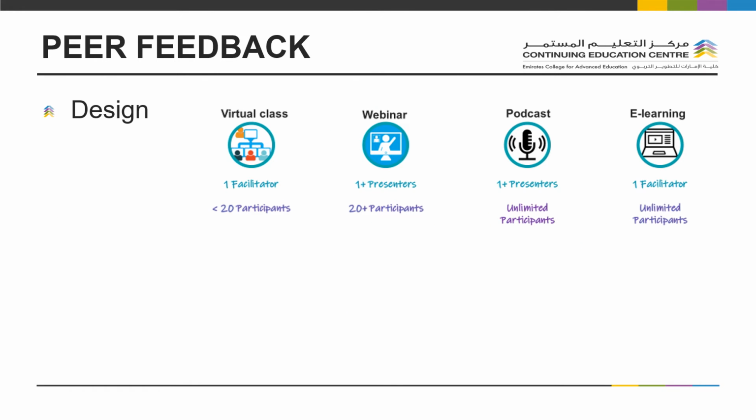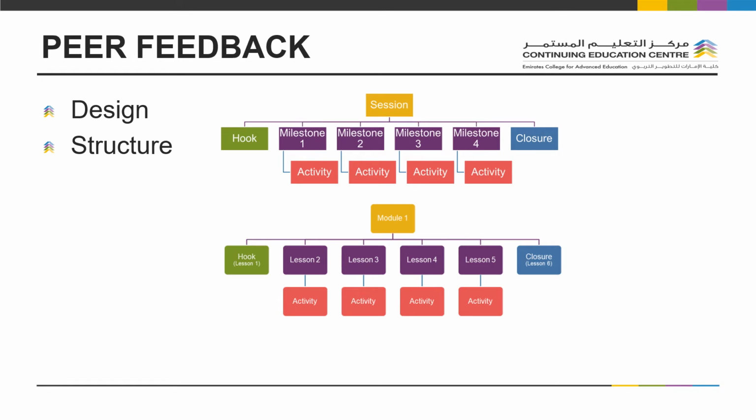So the next type of evaluation or feedback that you could receive is from a peer, a trusted colleague who knows good training when they see it, right? So the first thing that you might ask them to evaluate would be the design of your virtual training. So was a virtual class or a webinar or a podcast or e-learning the most appropriate design for the content on which you're training? Or maybe you might ask them to have a look at your structure. So maybe they might reshuffle and put milestone 4 where milestone 2 is, or maybe they might change up the activities. They would have suggestions.